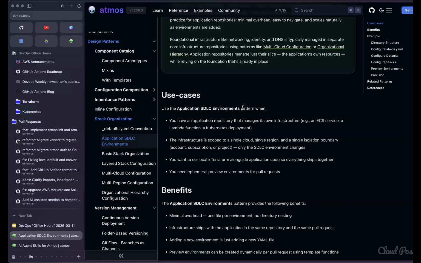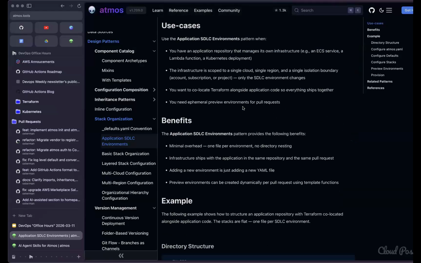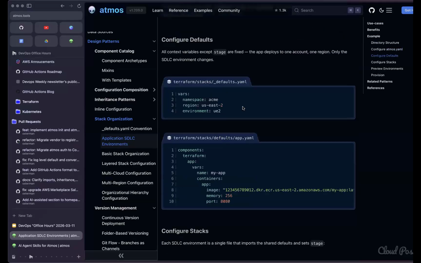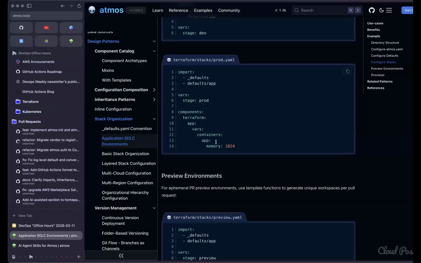Or maybe it would make sense to use the infrastructure monorepo to manage the shared resources like an ECS cluster, and delegate some of the responsibility of IaC, infrastructure as code, to the application repos. This is a pattern we've seen emerge over the past year as a really elegant way of solving it. And we show how we've done that with Atmos and organizing it.